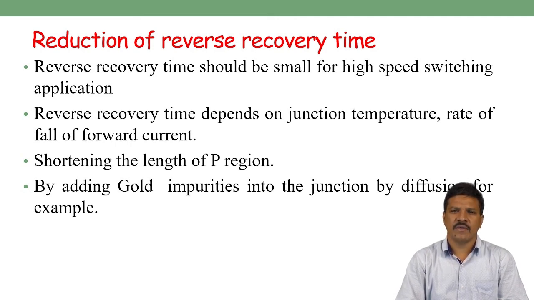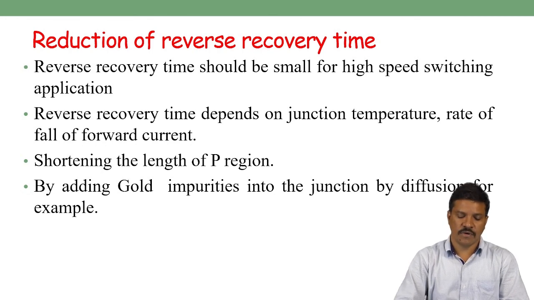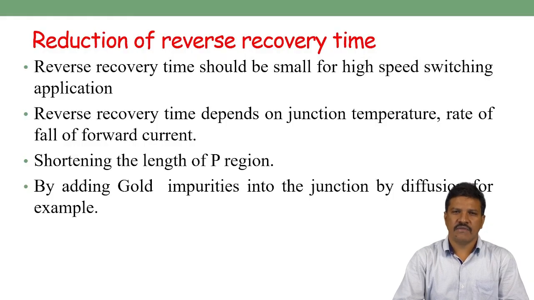So whenever there are different materials at the junction, like gold and the semiconductor material, the transfer from this conducting material to the normal semiconductor material, the recovery time is very small. So when we use gold impurities into the junction,